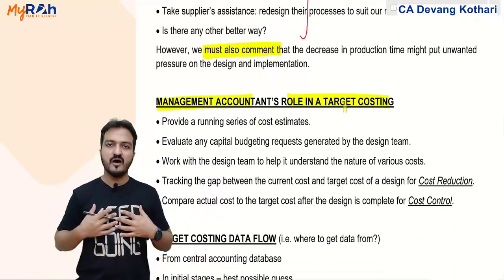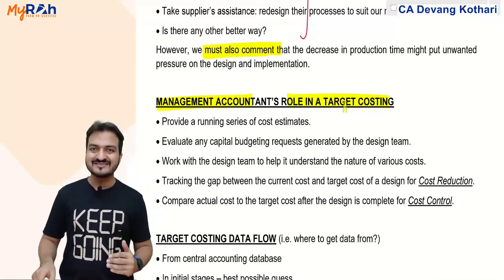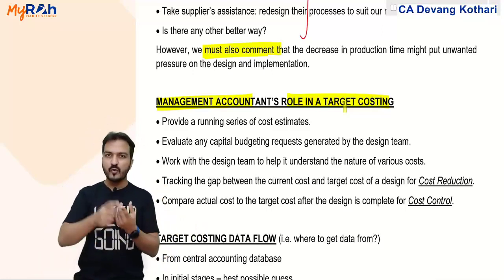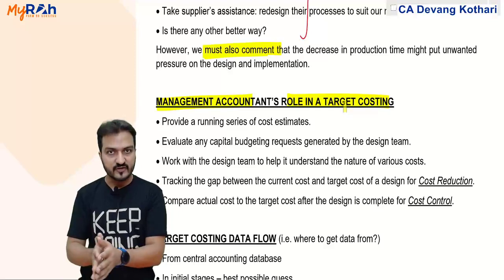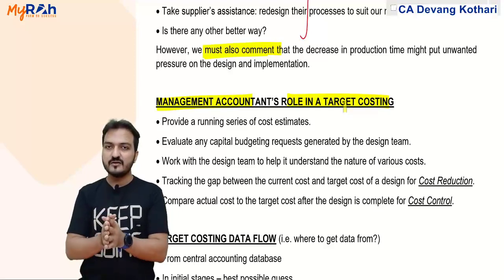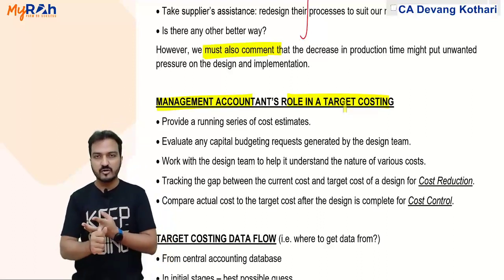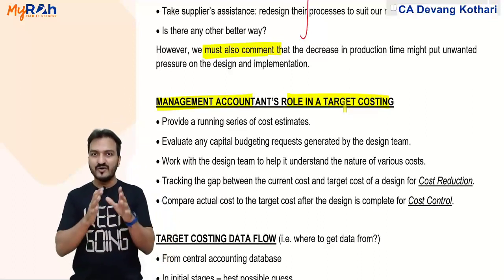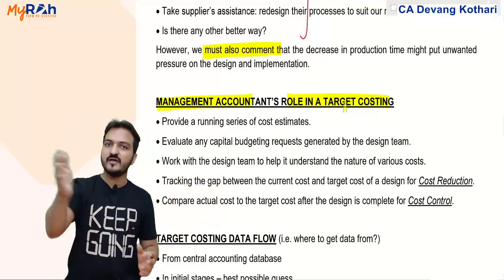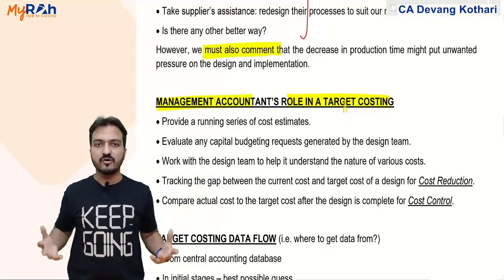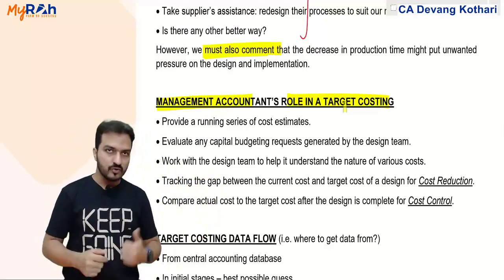Okay. Next, management accountant's role in target costing. Management accountant means our role, cost accountant. What are you supposed to do in target costing? Well, I said that target costing requires cost reduction. Well, cost reduction requires a change of design, change of technology. Can you discover change of design? No. Can you discover change of technology? No. Who will do that? Well, change of design is done by the designers. Change of technology can be done by the engineers. So what is your contribution? What is your role in achieving the target cost? Well, your role is this.